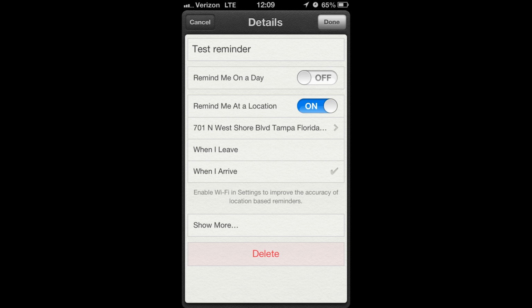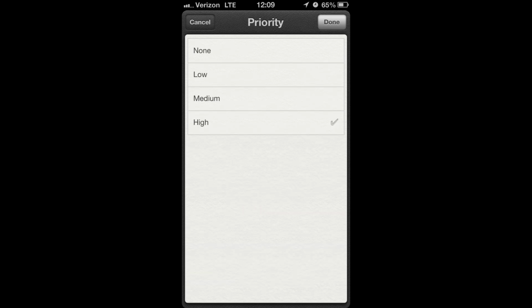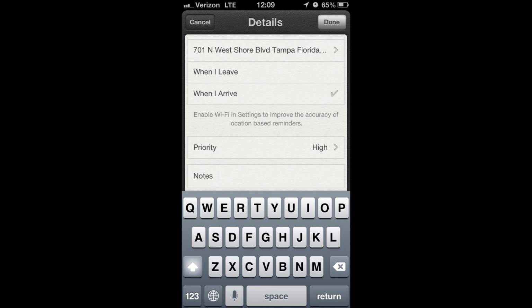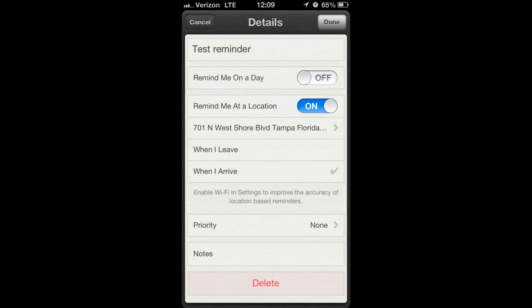And then you'll notice there's also a show more option at the bottom, and if you click on that, you have two more options. You can specify the priority of the reminder, and for this one, just to show you how that works, I'm going to go ahead and put high priority, and then we can click done. And then you can click on the notes section to add some specific notes about that reminder. So when you're all set, go ahead and click done on the notes,